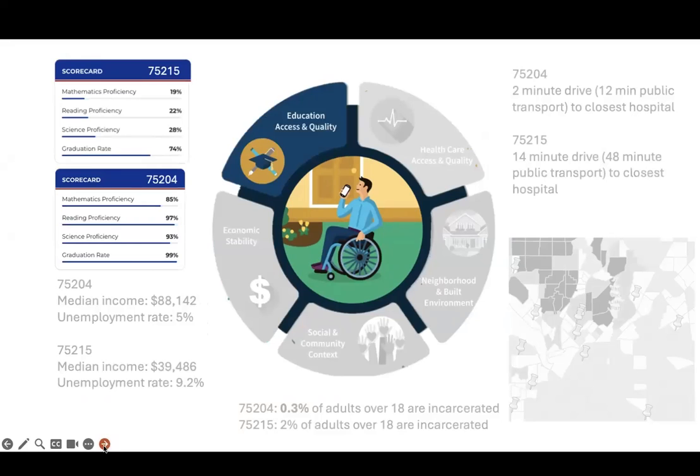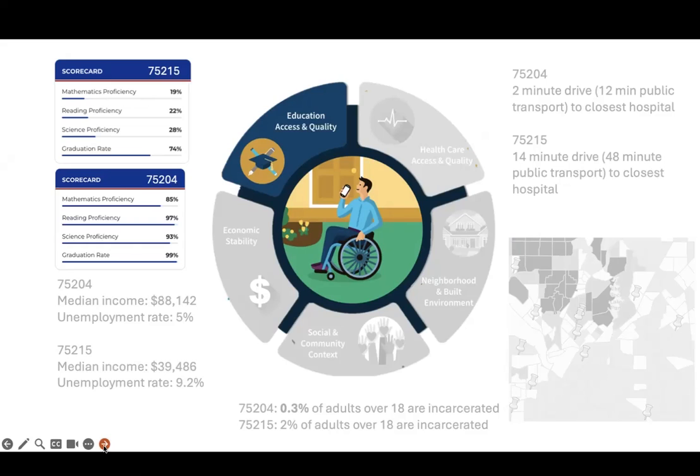The next social determinant of health is education, access, and quality. This includes access to programs such as early childhood development and education, higher education, secondary school, and vocational training. This contributes to literacy and learning poverty when you do not have access to those services. Quality of education is also important. There are often differences in the number of credentialed teachers or the preparation teachers have to be able to teach students, and student to teacher ratios.